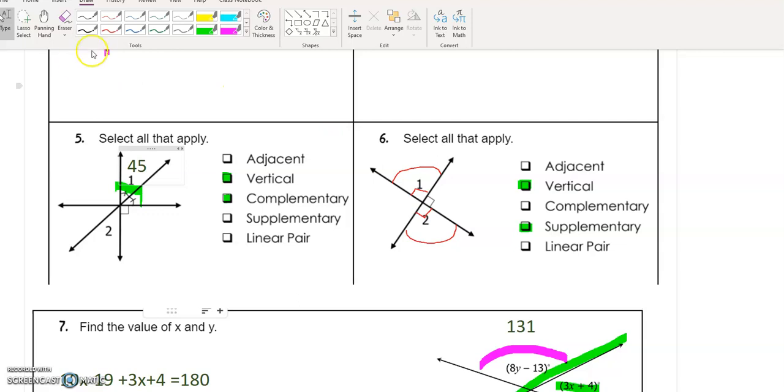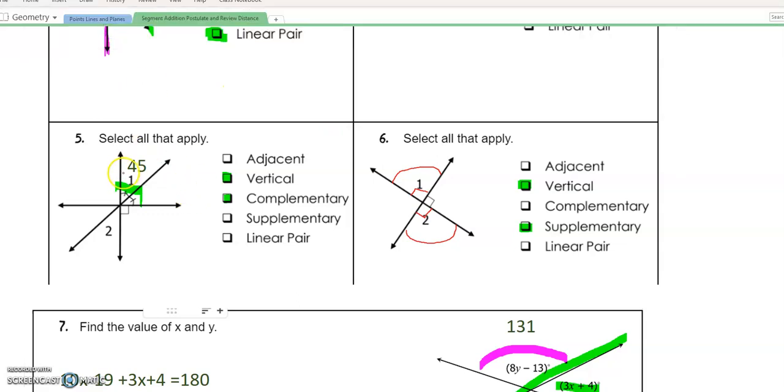We'll keep that there. We know that angle 1 is vertical to angle 2, which makes them congruent. So they are vertical. The reason why they're marked complementary is because if they are congruent, and we already determined that angle 1 is 45, angle 2 would also have a measure of 45, and 45 plus 45 is 90,